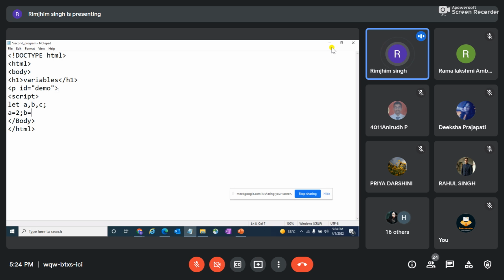Not semicolon. Yeah, this is semicolon, and the two dots are colons. Okay, so b is equal to, let's give 2, and then let's try to print the output in c, which would be a plus b. And then I'll end my statement using this, and here I'll show you how I print my output using window.alert.